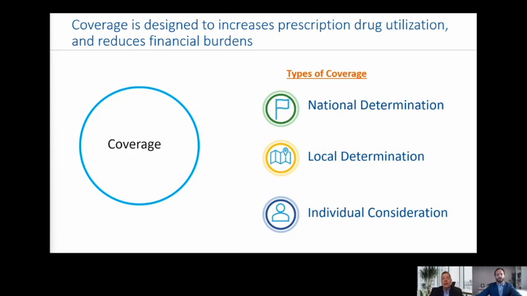But they're now thinking about developing what's called the Transitional Coverage for Emerging Technologies policy. They're in the process of gathering stakeholder feedback about what that kind of a process would look like. But overall, I think what the agency is aiming to do is create a coverage process focused on emerging technologies that has a timeline that aligns with FDA approval to sort of minimize that time gap between when FDA approves